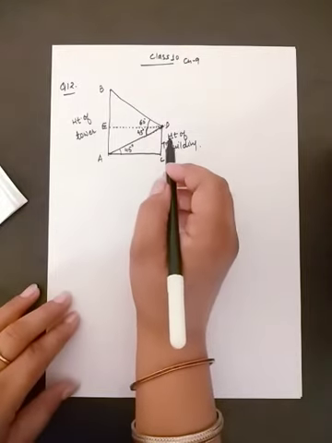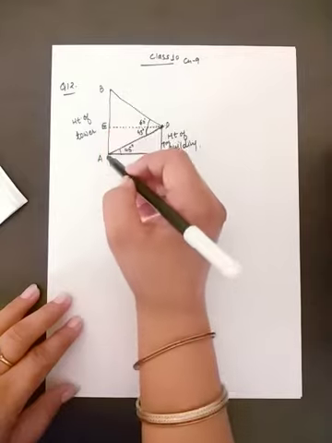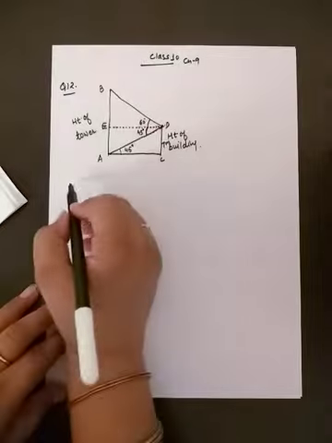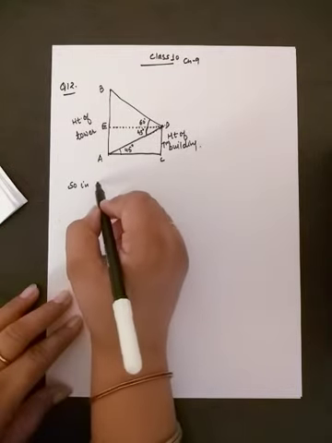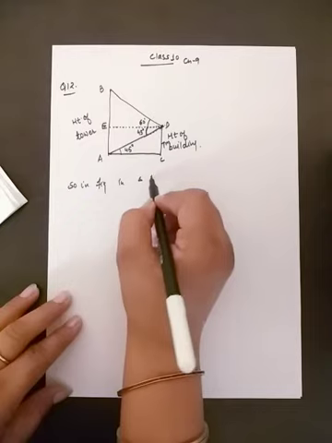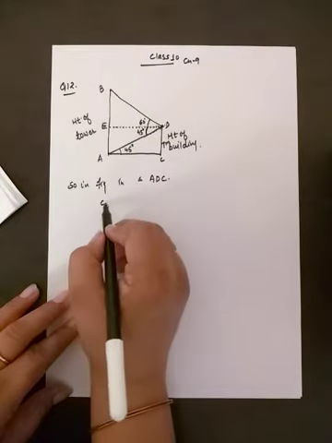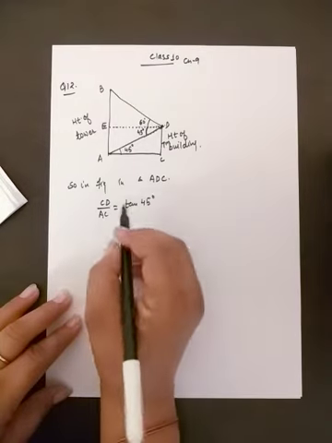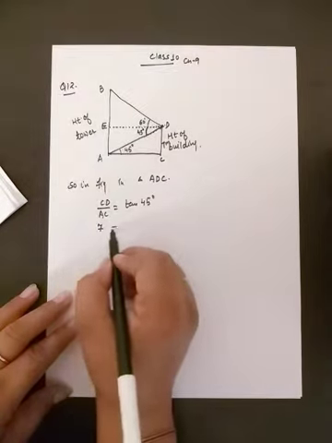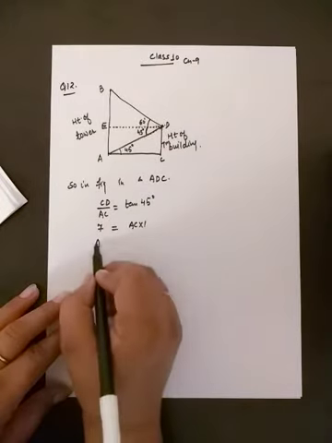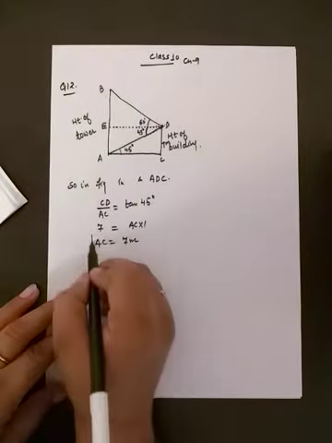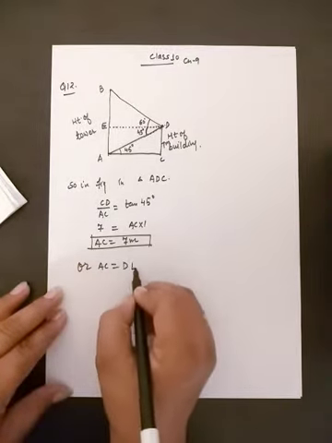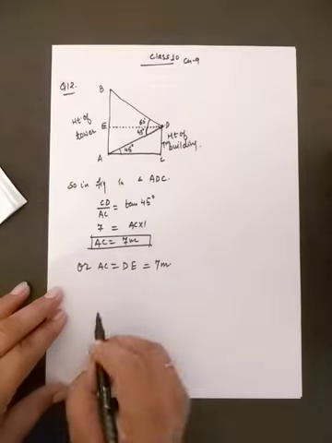Now what we have to find? We have to find the height of the tower, meaning we have to find AB. Here this 7 meter is given to us. So in figure, in triangle ADC, we can write CD by AC is equal to tangent 45 degree and CD is 7. So 7 is equal to AC into 1. We get AC is equal to 7 meter. Or we can say AC is equal to DE and that will also be 7 meter.